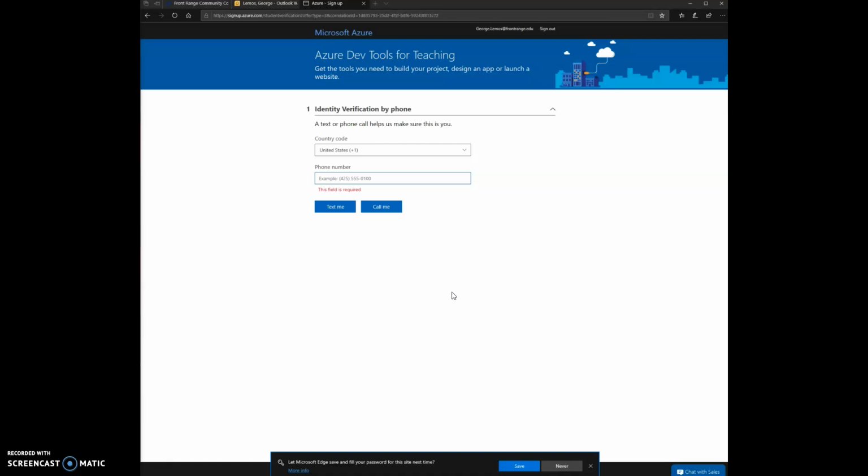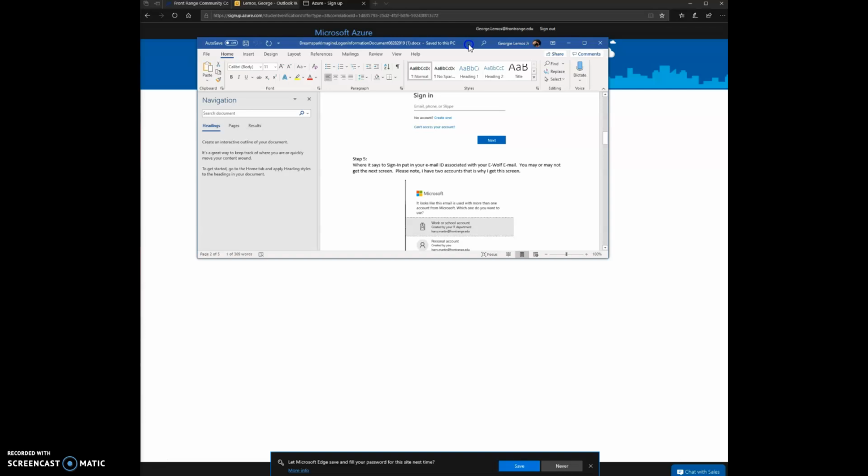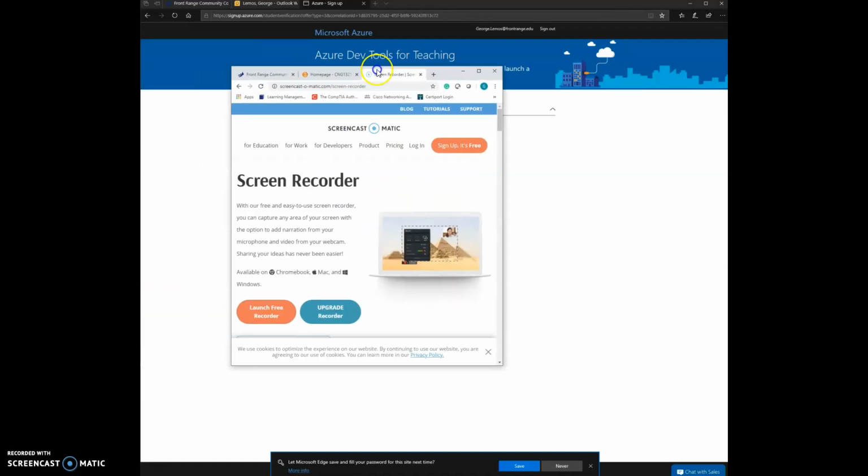I just got the email saying we should have access to our Azure DevTools for teaching. Basically, I'm following this right now to sign in. You guys will also follow the same exact details. But with this,